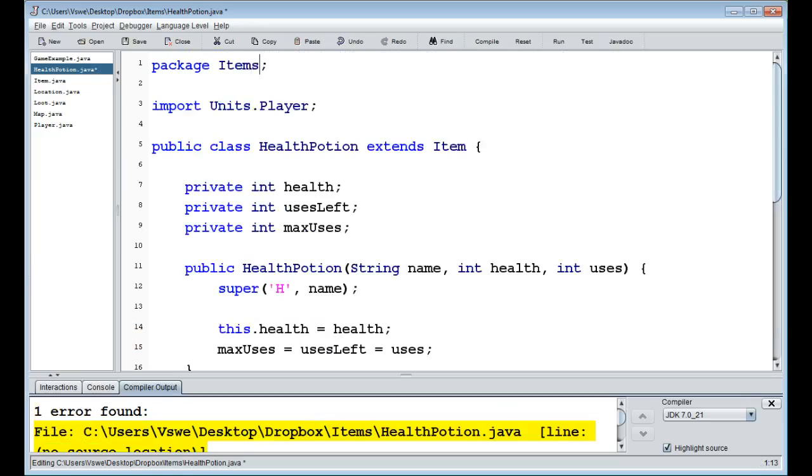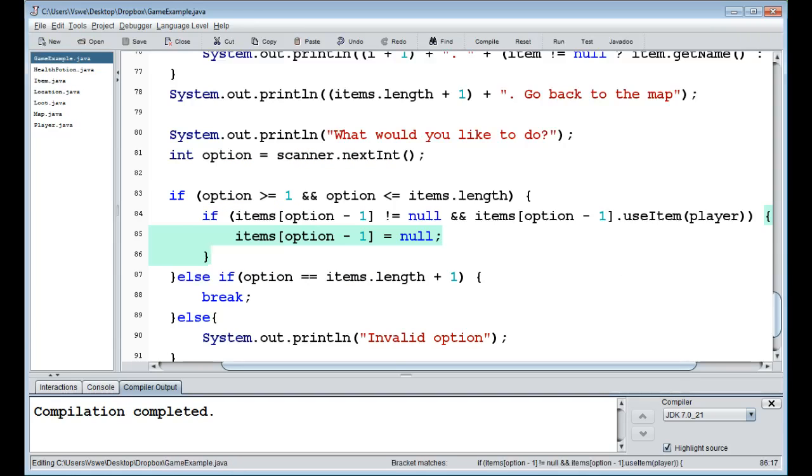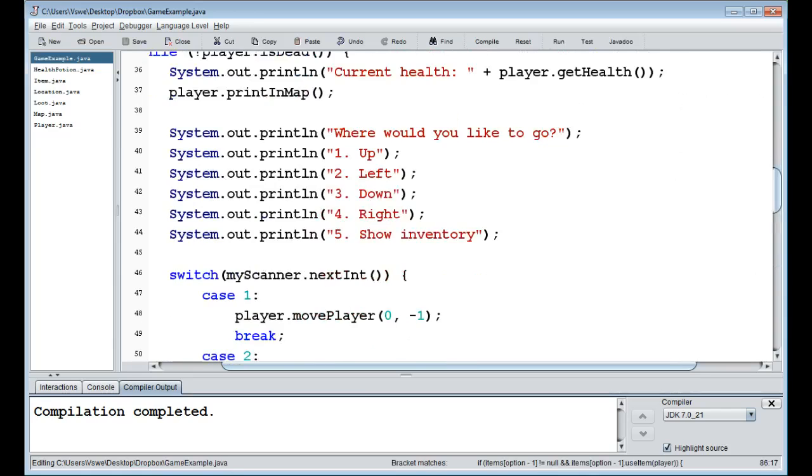And that is because I told it that the package is item, but it should be items. So it told me the file is not where it's supposed to be. So make sure that you type things correctly. That's important. So now if we run it, we wouldn't see a difference because this,